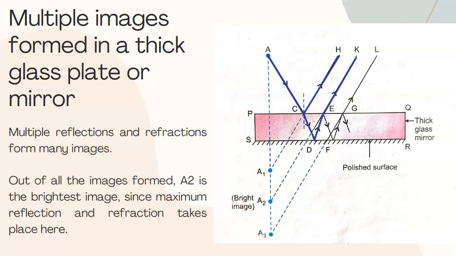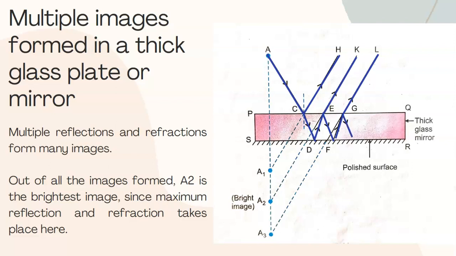You can see it is bending away from the normal, and the remaining light is transmitted into the optical medium towards point F. Again, at point F, two phenomena take place. Just one phenomenon, reflection of light from the painted portion. At G, two phenomena take place. Refraction takes place because the ray of light is going from denser to rarer medium, and a part of light